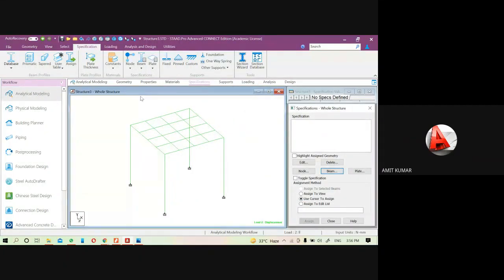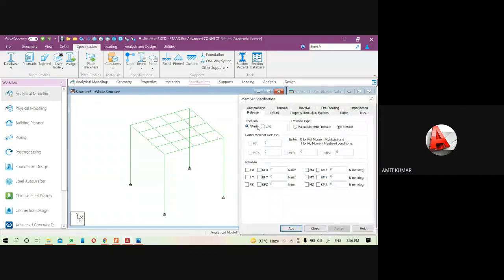Let me explain it one more time. If you want to check the specific member release values, go to the specification menu. Either click on the specification directly, then here you will get the details. If I select them and click on edit, you will get the edit option. Like I'm just going to create it. It is a start point, it is a partial movement release, and it is a release pattern.